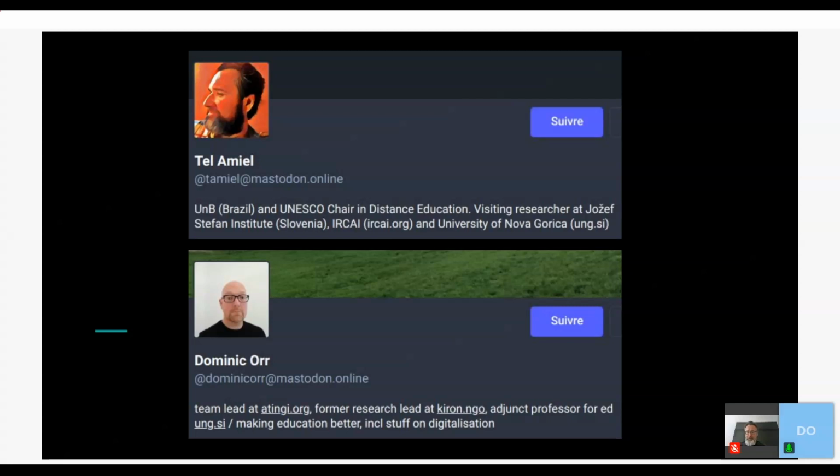The interesting point is we often start the semester with people being rather worried about talking about open education and open educational resources. But we know everyone who's taking part in the course is an expert in some aspect of education. So we try and pick them up there and we say, okay, the reason why we're interested in open education is we think it can make a difference to education. So let's talk about the educational challenges they know from their own context and then try and build a strategy around that.